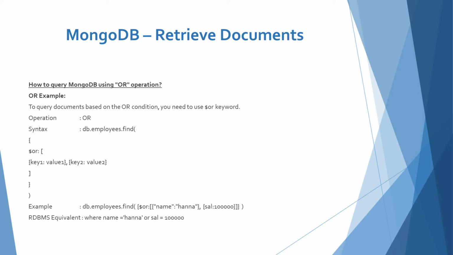But with the AND operation, it has to satisfy both conditions, and only then will it display the documents. If it does not satisfy any one condition using the AND operation, it will not list out, but with the OR operation it has to satisfy at least one condition. Even if it satisfies both, no issues.